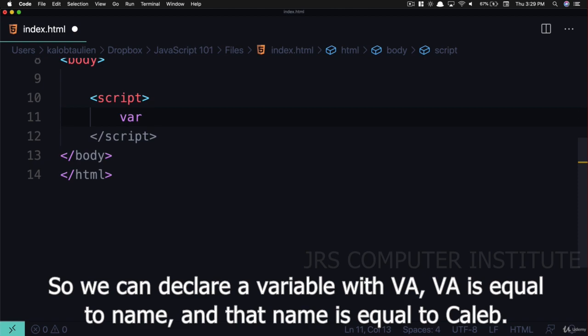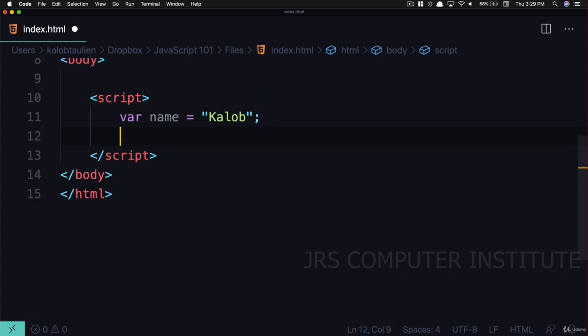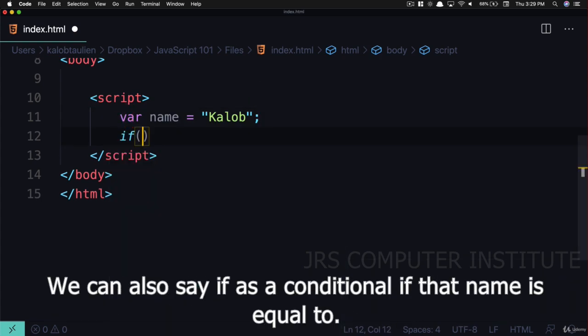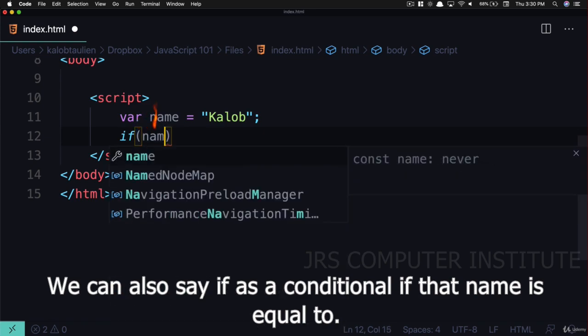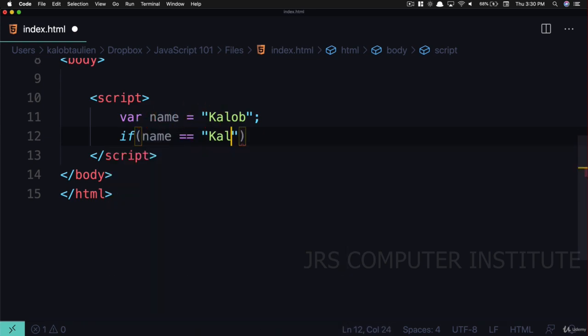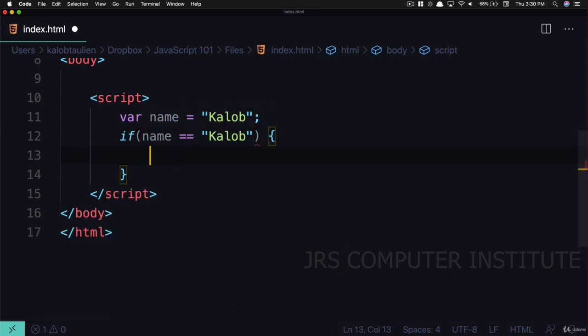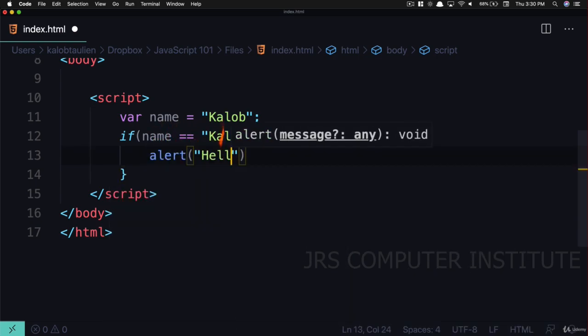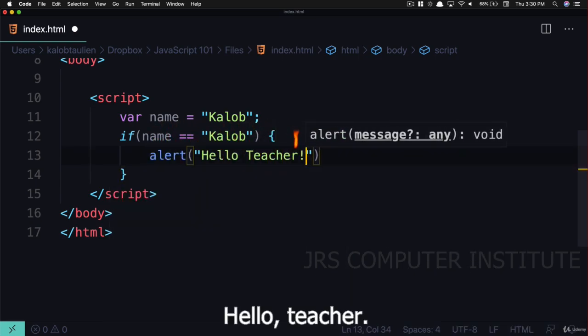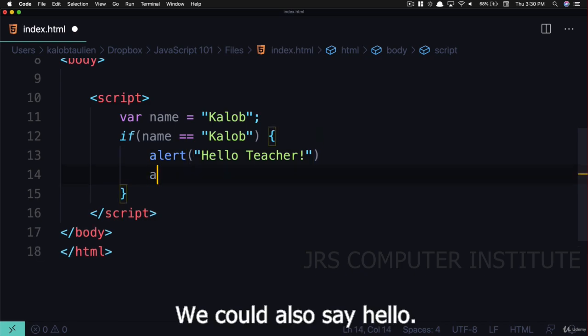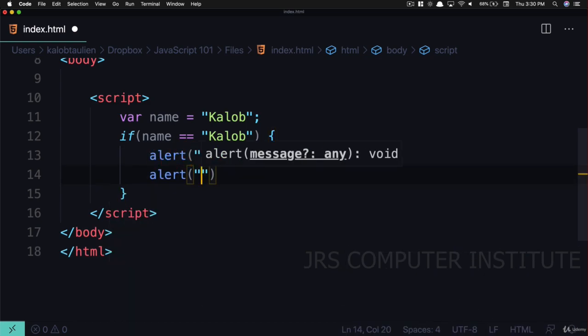So we can declare a variable with var. Var name is equal to Caleb. This is a variable. We can also say if, as a conditional, if that name is equal to Caleb, we could say, hello, teacher. We could also say, hello,